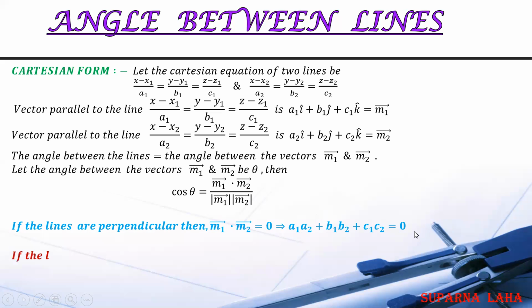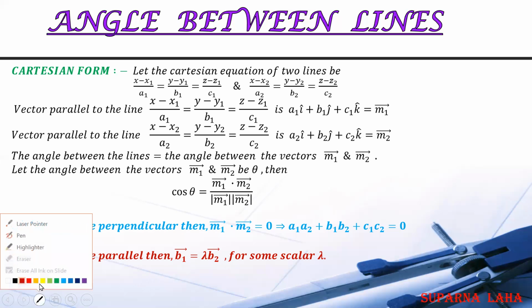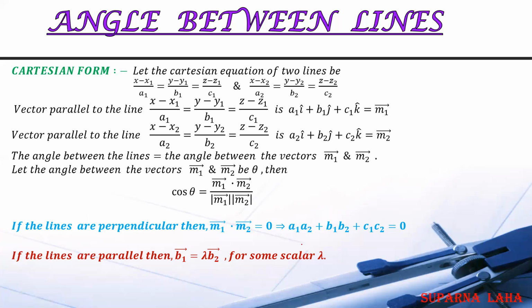And if these two lines are parallel to each other, then that will be m1 and m2. That will be m1 is equal to lambda dash into m2. Okay, so lambda dash will be any scalar, and if we put the value a1 i cap, b1 j cap, if we want to represent this